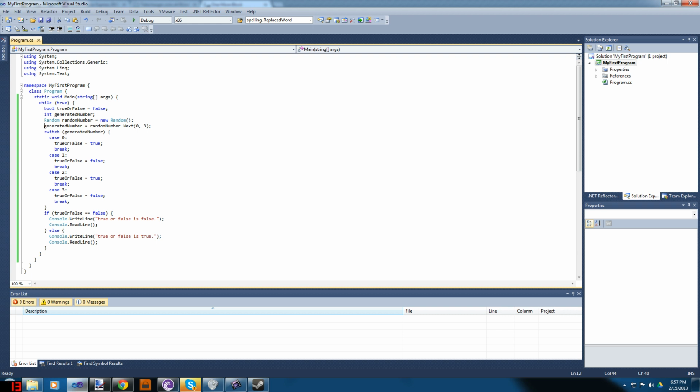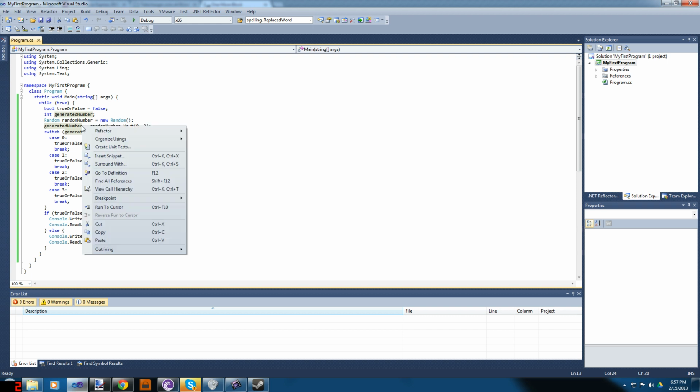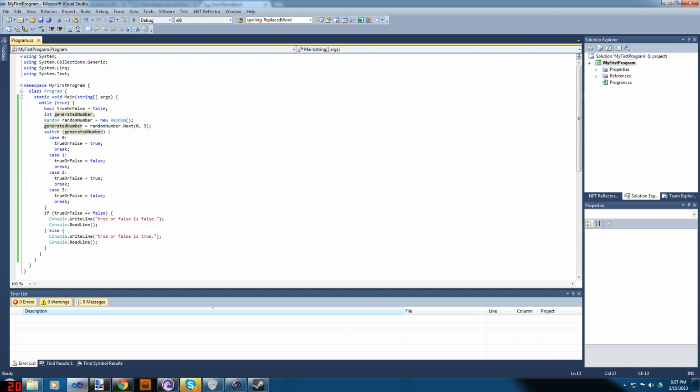And then our variable generated number, which is of type integer, is now going to be equal to whatever value this chooses. So if this chooses 0, generated number is equal to 0. If it chooses 2, generated number is equal to 2. Whatever, right? So then we have a switch statement,